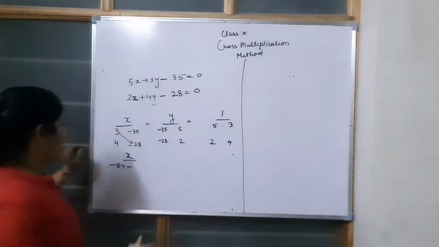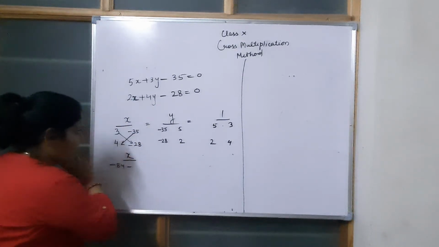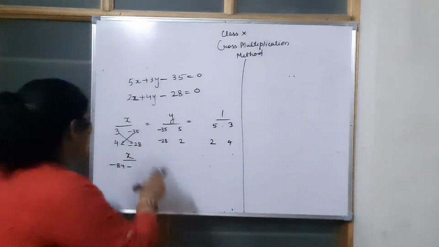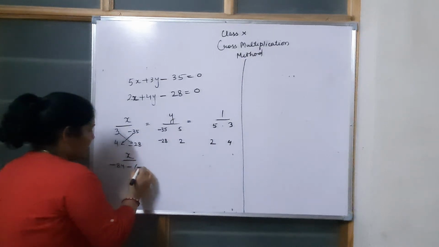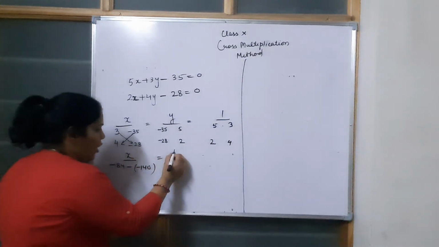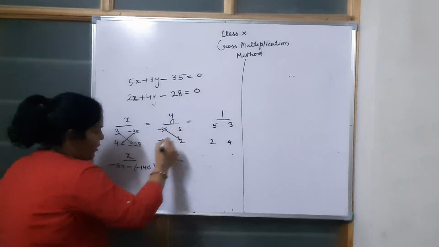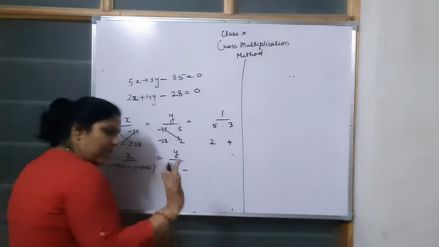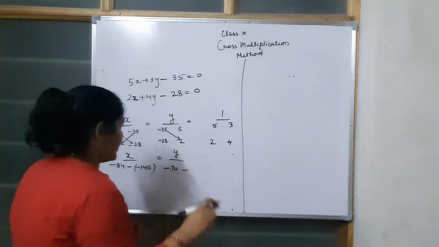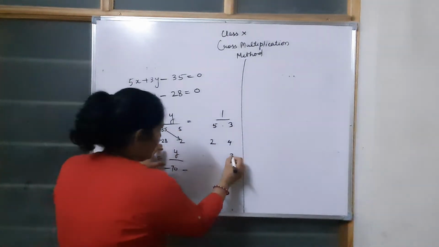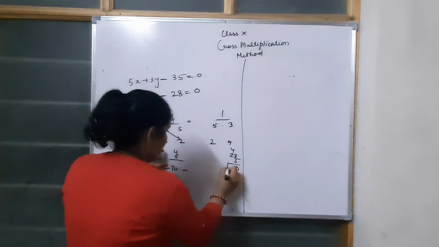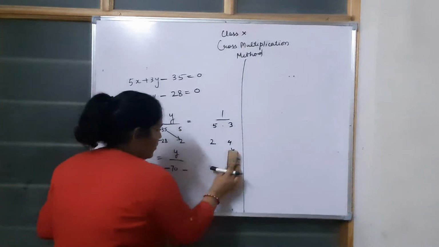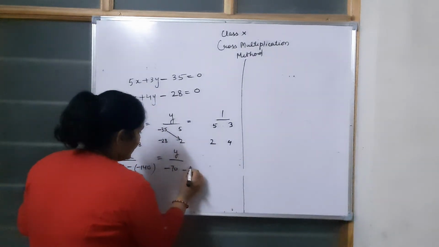Now we have to multiply this arrow, first this arrow we have to multiply. So do 35 into 4, 35 into 4 will be 140. So minus 35 into 4 is minus 140. You got this. Now for y, again we will do this arrow first. -35 into 2 is -70. Then put the minus sign, we have to subtract both the products. 5 into 28, so just look at 28 into 5, minus 140. Just look here, 5 into -28 will be minus 140. So this is minus 140.